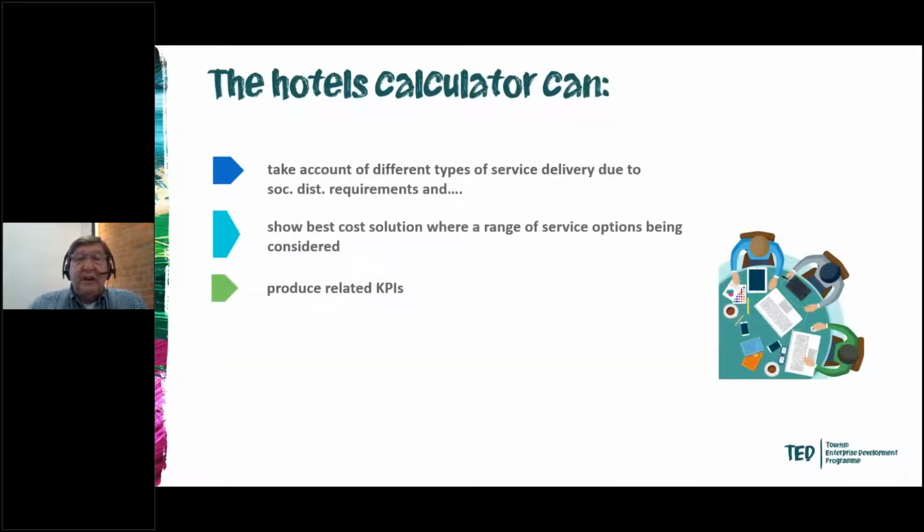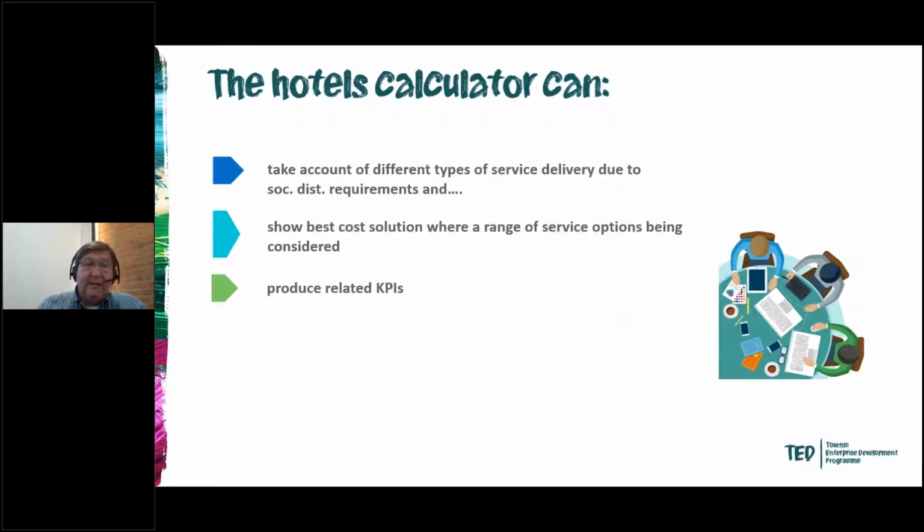As I said, there's a number of calculators, and the more sophisticated of them all is the hotels and guesthouse calculator, and we will be looking at that later, but we will also be looking at one of the other calculators as well. The hotel and guesthouse calculator can take account of different types of service delivery because of social distancing, and it will also highlight to you if you have a capacity problem in your room, and will force you to think about using other areas in the